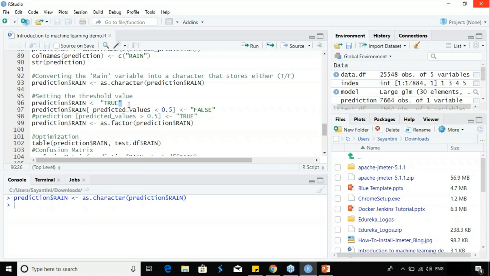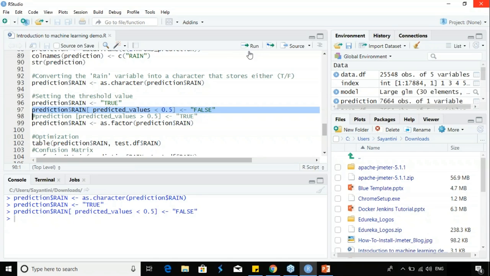Next, you're going to set the entire rain variable as true. I'll tell you why you're doing this. First, you're setting the entire thing as true, and then you're setting a threshold. So any value that is less than 0.5 will be set to false. This is basically probability. Anything that is less than 0.5, you'll be setting that value as false, and anything above 0.5 will be set to true. If your rain variable has a value of 0.3, it means that it is false. It's not going to rain. But if your rain variable has a value of 0.6 or 0.7, it means that the value is true, which means that it will rain.